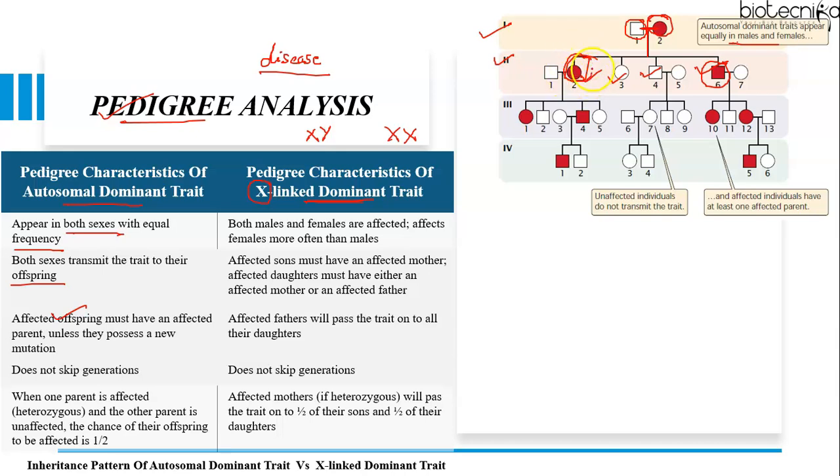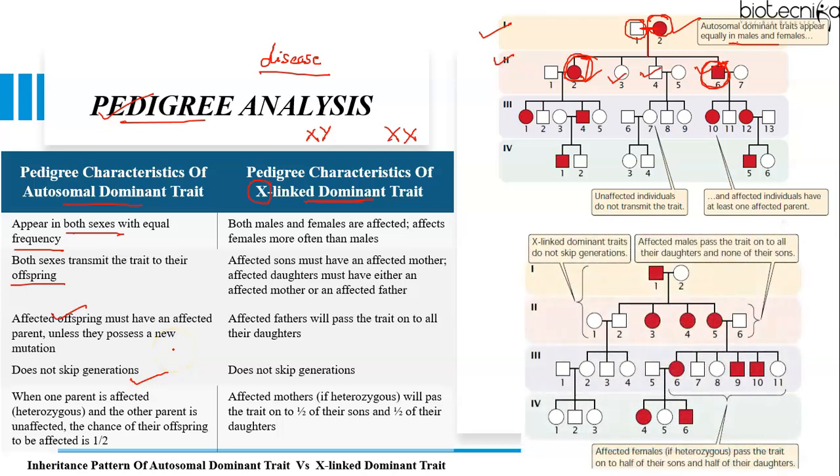If the offspring is affected, that means they must have an affected parent because they must have inherited the dominant allele from at least one parent. And therefore, autosomal dominant traits do not skip generations. Exceptions to this rule arise when people acquire the trait as a result of a new mutation or when the trait has reduced penetrance. On the other hand, X-linked dominant traits appear in both males and females,